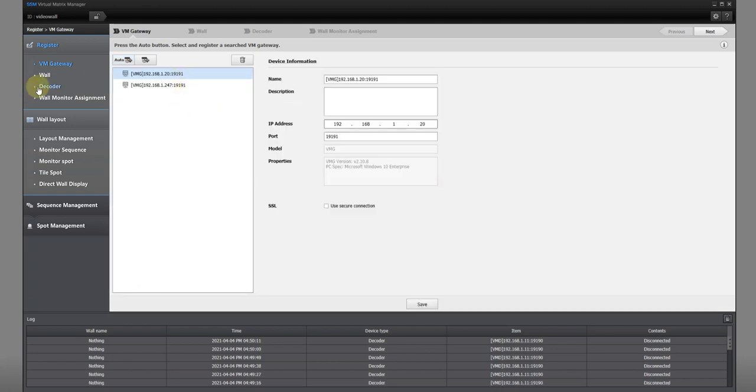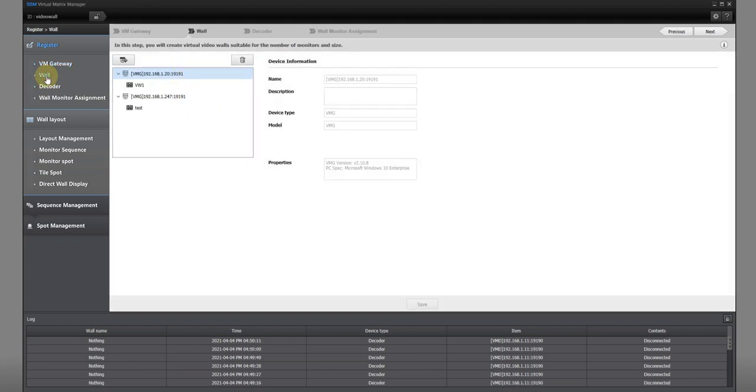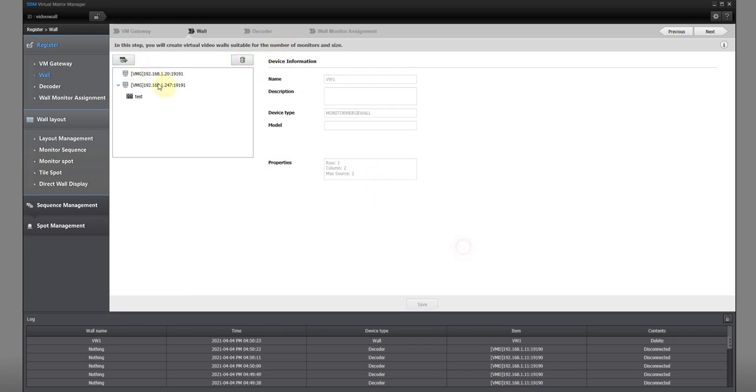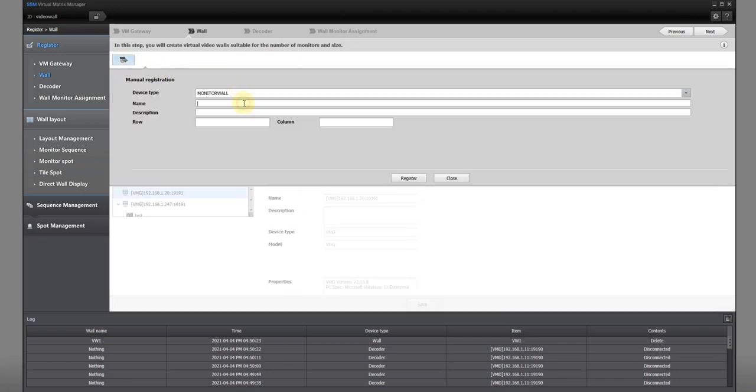So I have just added that. Then I'm going to create a video wall under that particular gateway. So click here and let me delete this and start over. So I'm going to create a video wall. Here we go, add my monitor wall 1,